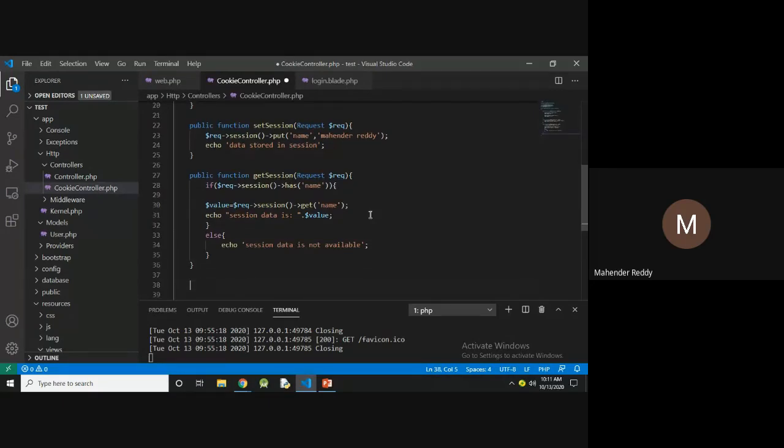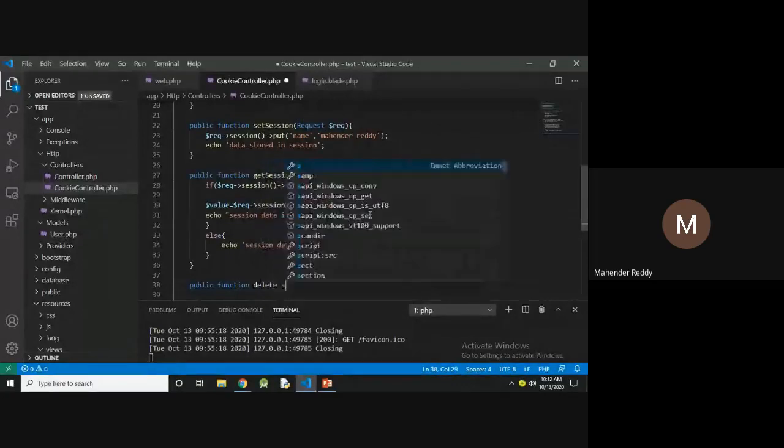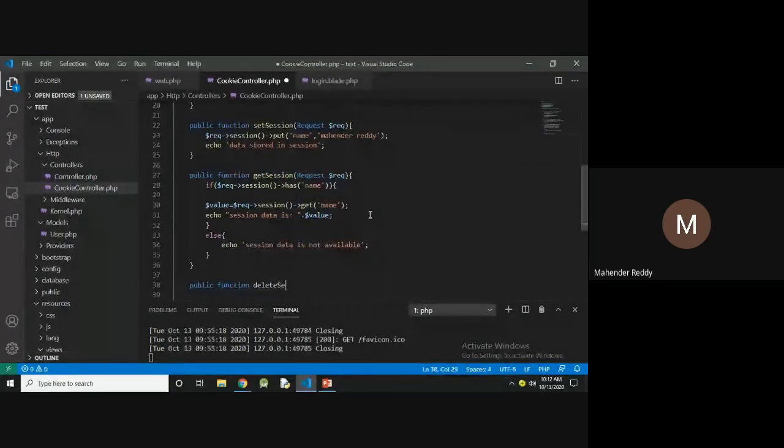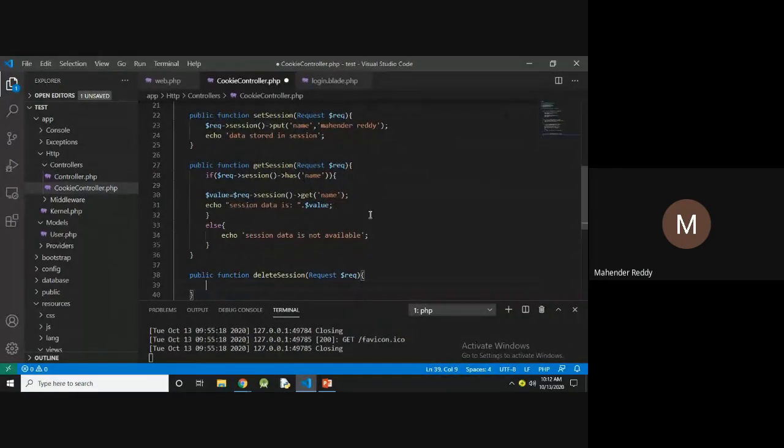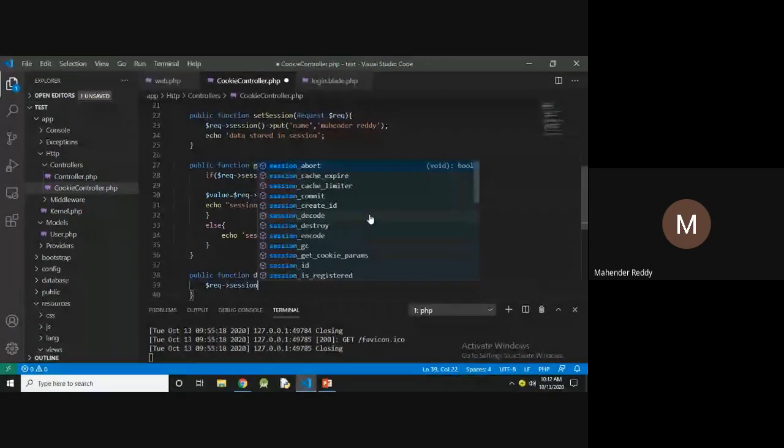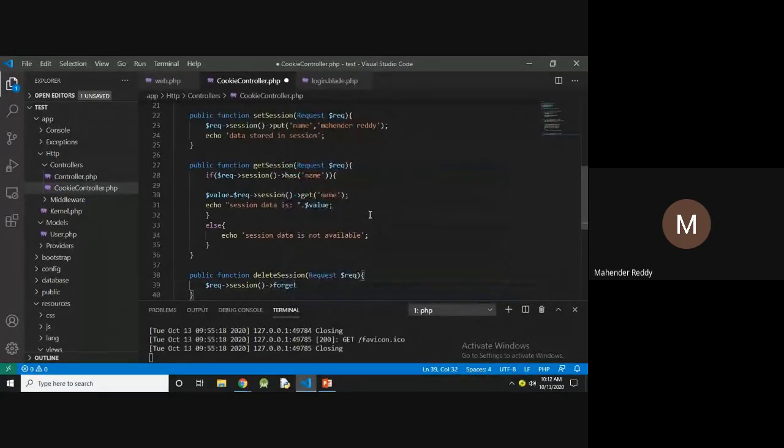And public function deleteSession. So I'm deleting the session by using the forget method. $req->session()->forget(), with the data name.